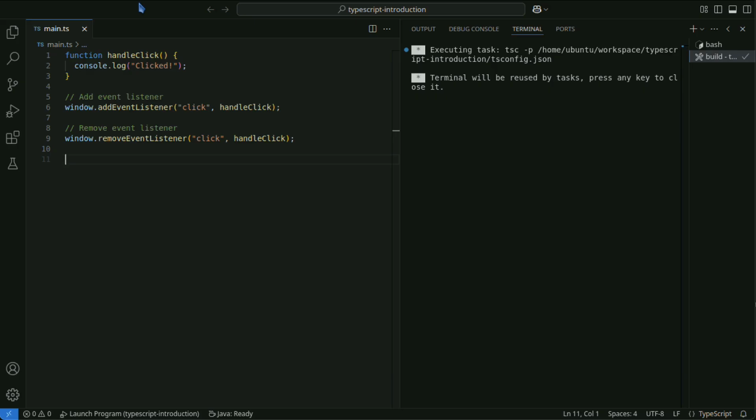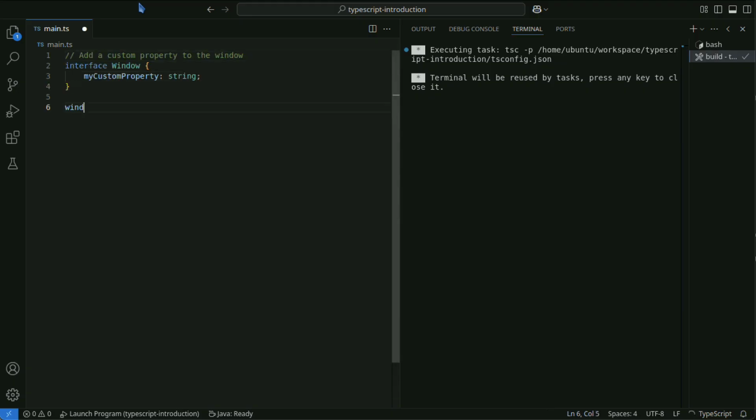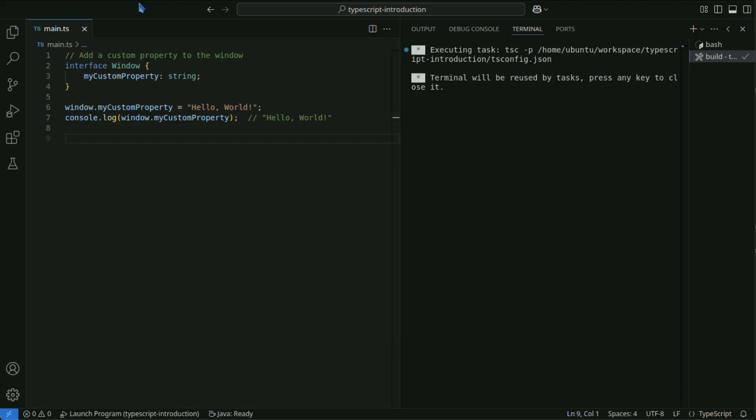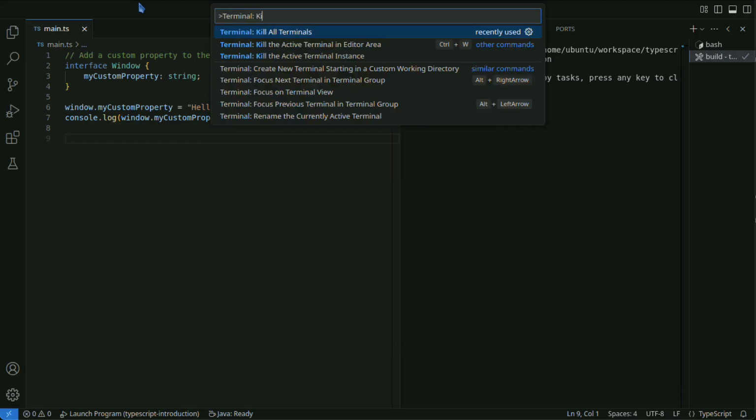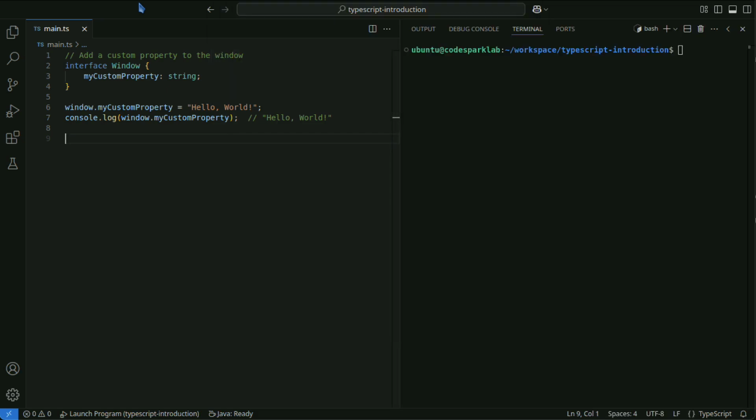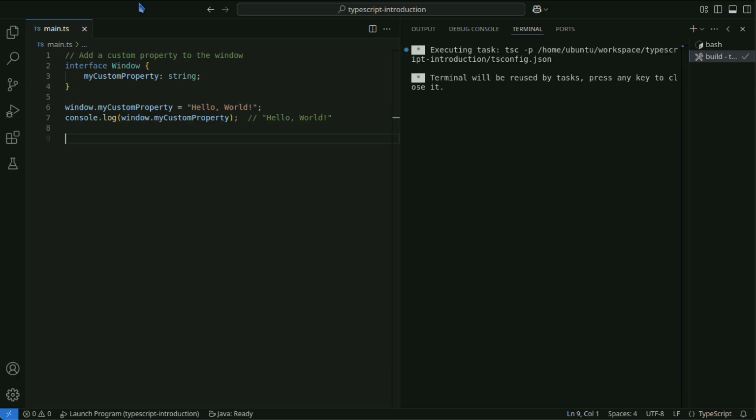When adding custom properties to the window object, type extension is necessary in TypeScript to avoid type errors. This code is an example of adding a custom property to the window object in TypeScript, setting a value, and displaying it.